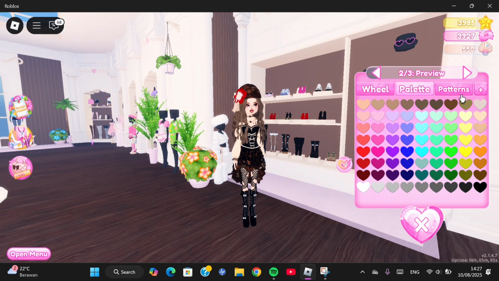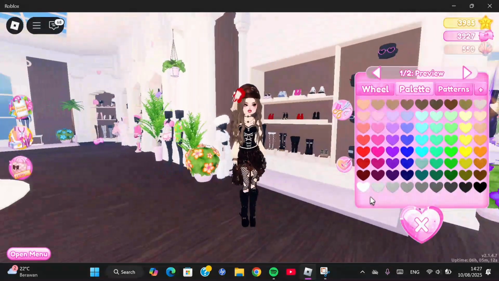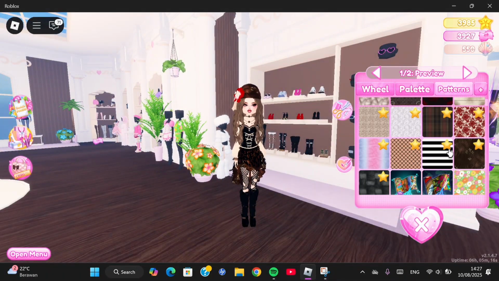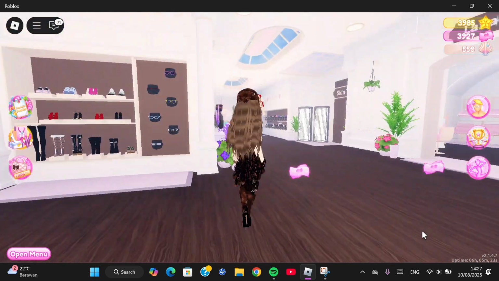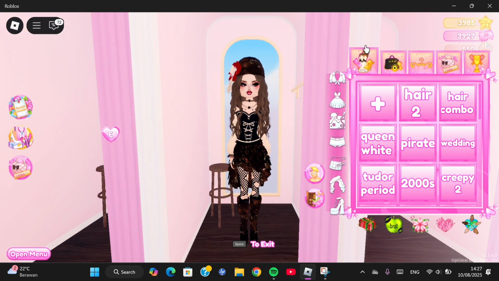the second selection, and for the third selection make it brown, then combine it with this boot and you're going to apply this pattern for the first selection and also the second selection. All right, and then I'm going to go to the dressing room, and from here I'm going to go to